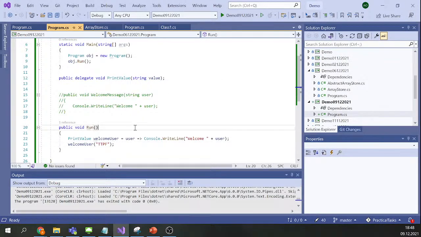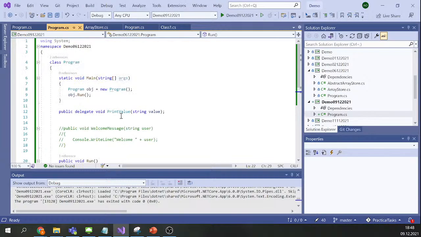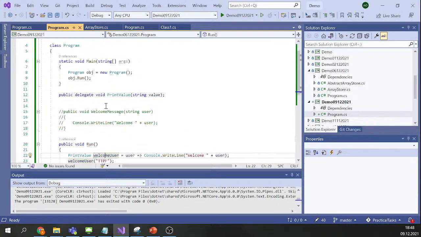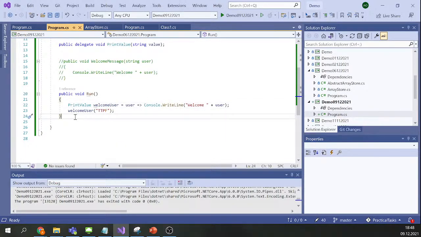So yeah, this is the thing. So what's the advantage of this? The fact is that print value can be any method. So in this case, I have the option that the print value is, let's say, what we have here. But let's say I have more complicated logic. I have a method which uses another method, and the fact is that